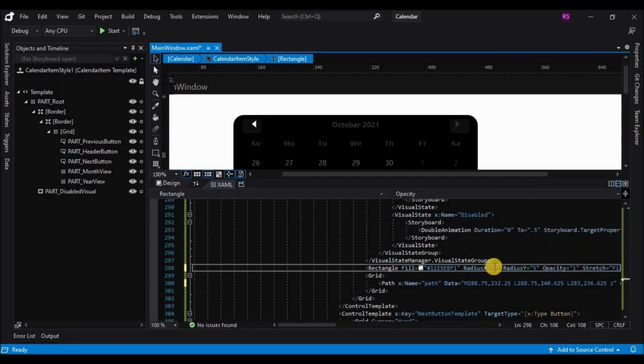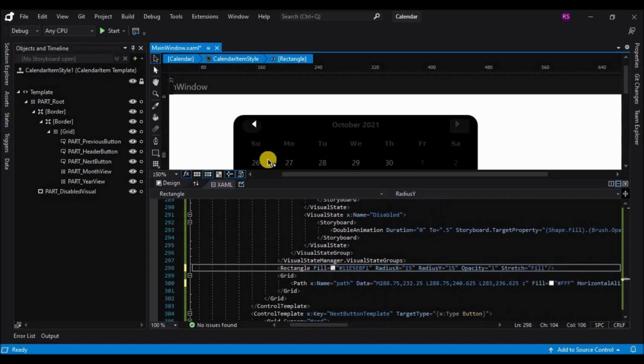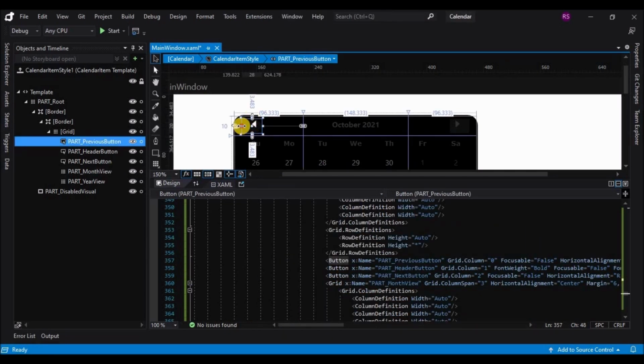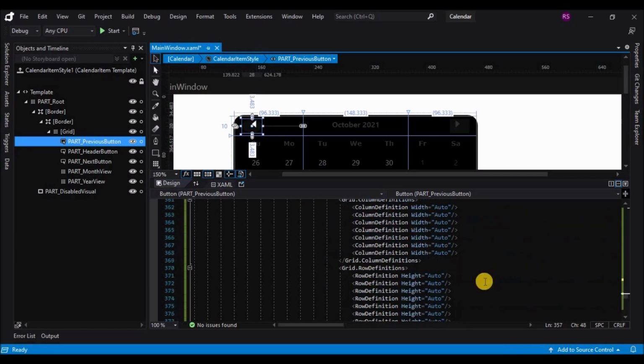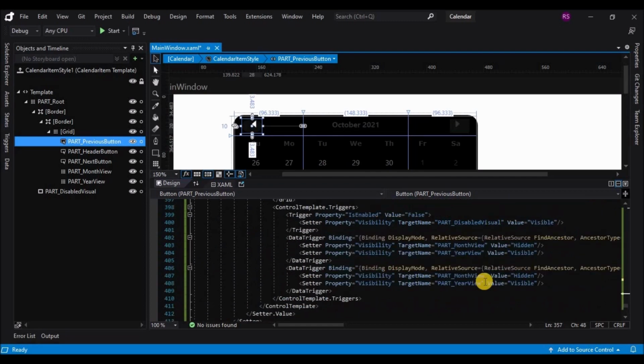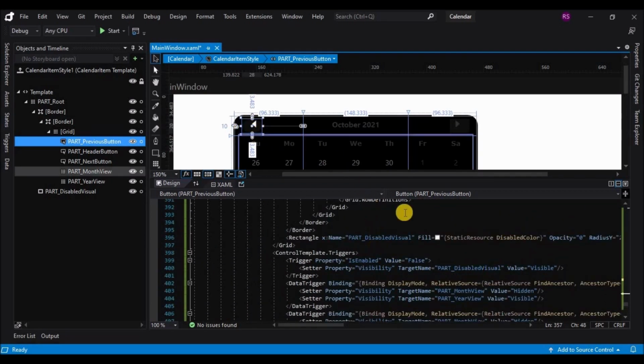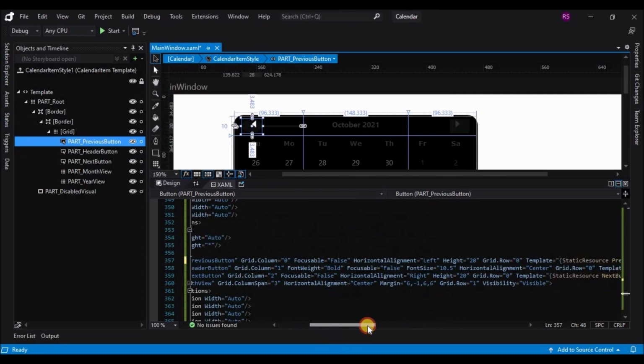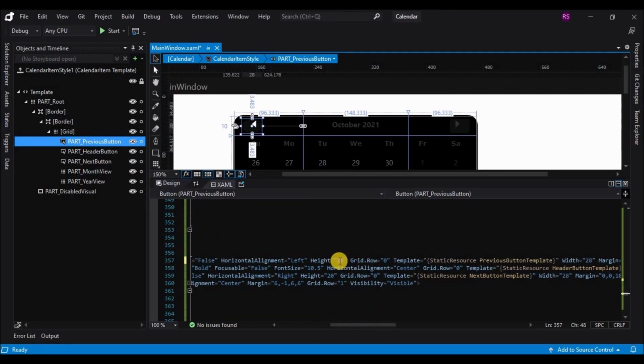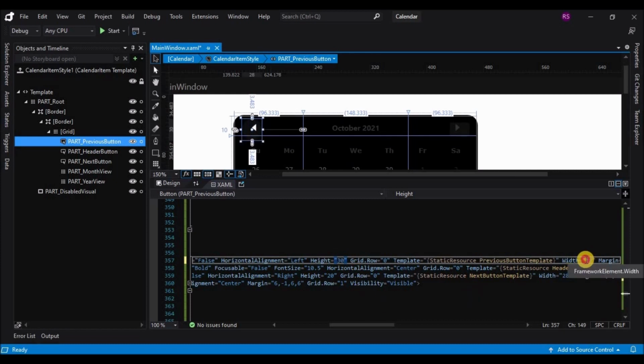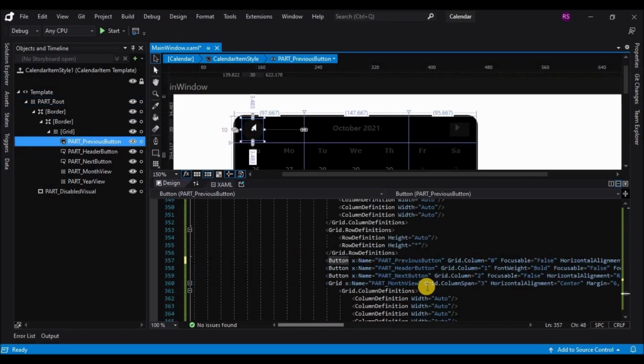So you can see that the rectangle has some slight round edges. Let's make it 15. And if you see, because the width and height of the rectangle is not proportioned, that's why it has a rounded rectangle look. So we'll have to change the width and height also for these buttons. So first let's go to the button and change the width and height to 30 pixels. Okay, once we have done that, you can see that the rectangle button has changed into an ellipse button.